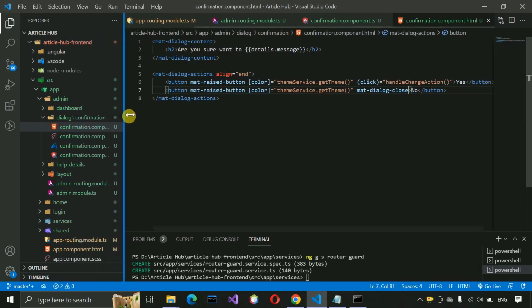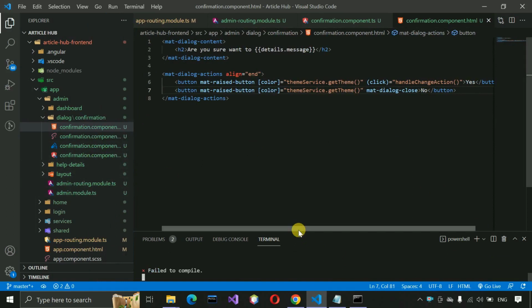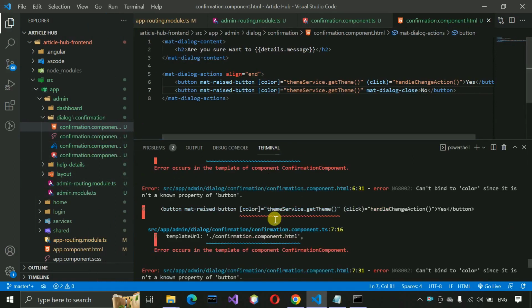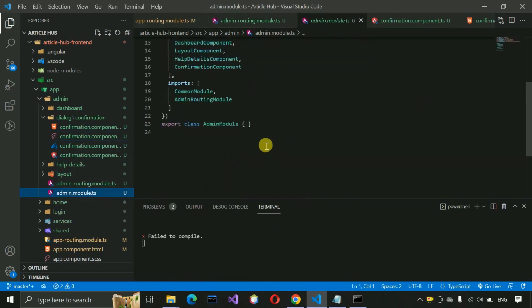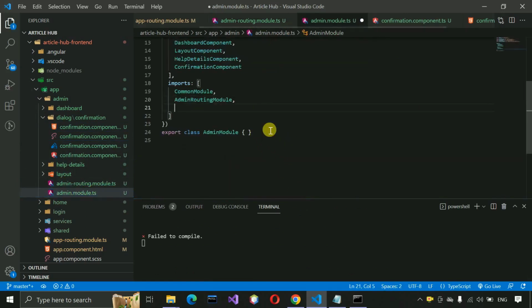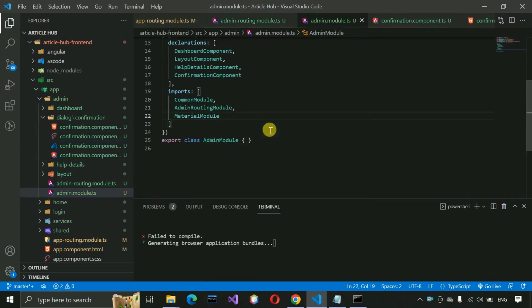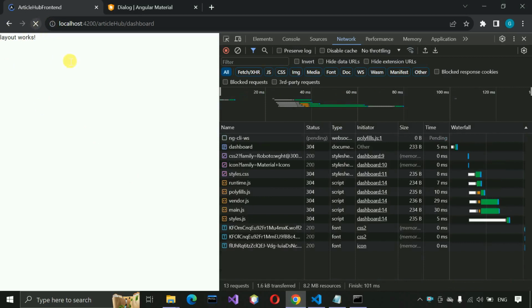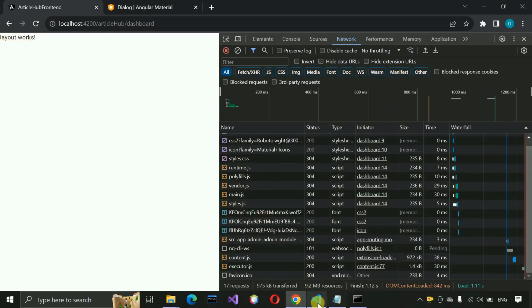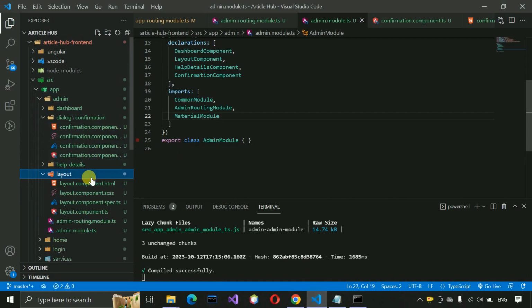Now we have to import one module which we want to use, because I think it's throwing the error. Okay, so we have to go to the app module actually, and we just need to import the material modules. So here I'm going to write here material module, and just save this, and the error has been removed. So if I go to the page, now it's still showing as okay, layout works. Okay, so now we have to go to the layout component,